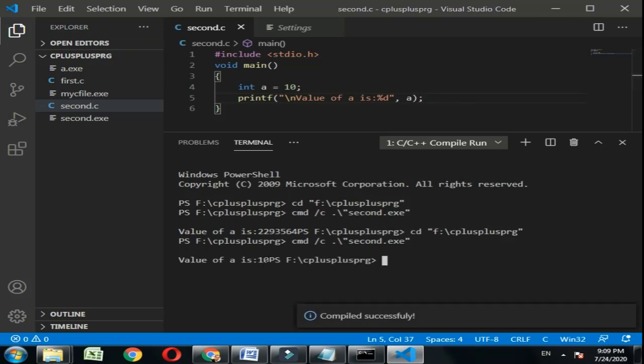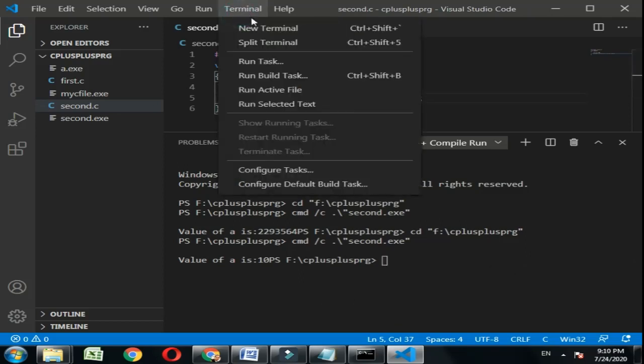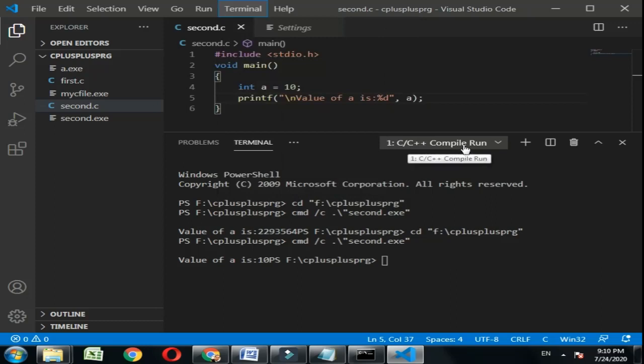So that is how we write our code with Visual Studio Code and choose the F6 option to compile it and see the output. Okay, compiled successfully. And because you are using the terminal, go to this option. You can create as many terminals as you want, and because we are using a terminal already, this is the C++ compile run option. It is a kind of terminal, and here we can type all the commands which we were typing in the Windows command shell. Whatever work we were doing over there, the same work we can do in this particular terminal.